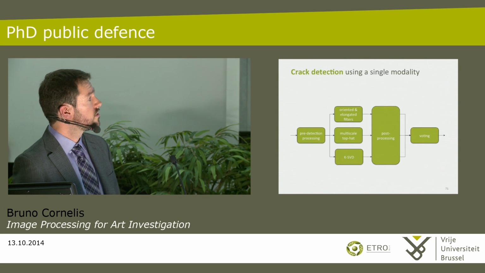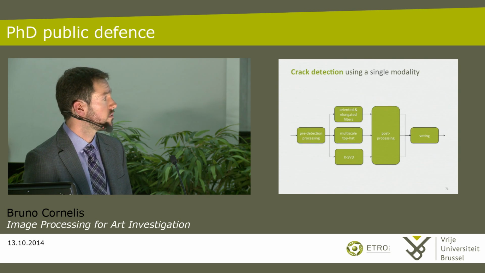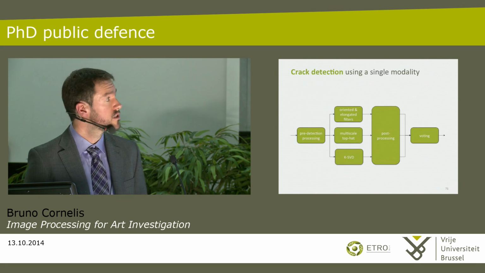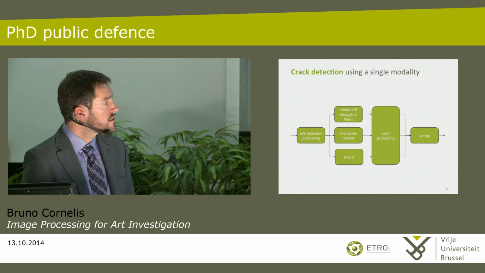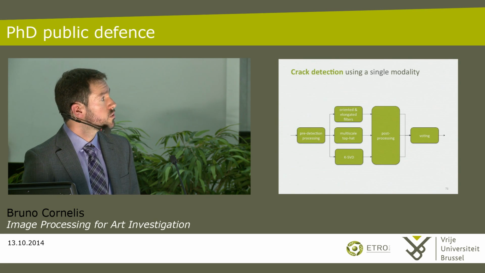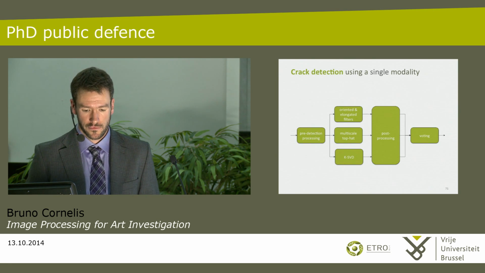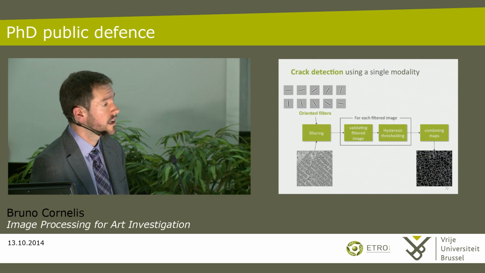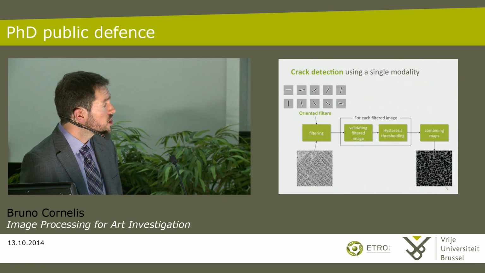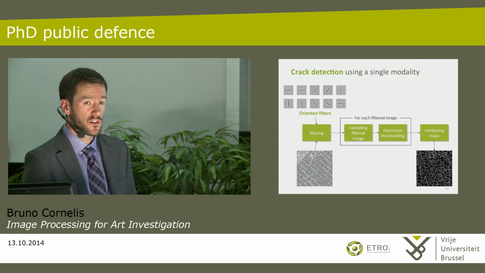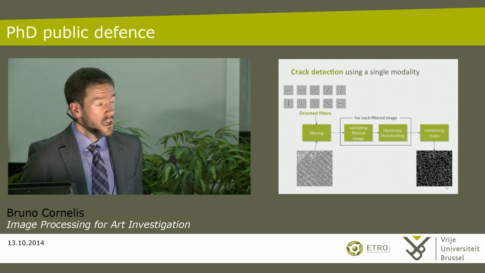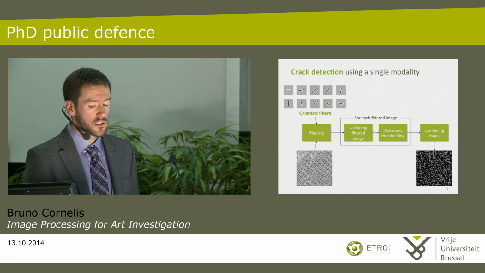And this is the workflow of the detection method. First we have some pre-processing, which basically consists of removing noise from these images. Then we propose three distinct crack detection methods, the results of which we will combine by using a voting scheme. The first method is based on creating a set of oriented and elongated filters. Our original image is filtered with each of these filters, which emphasize elongated structures within the image. Then we will threshold these images, meaning that we go to a